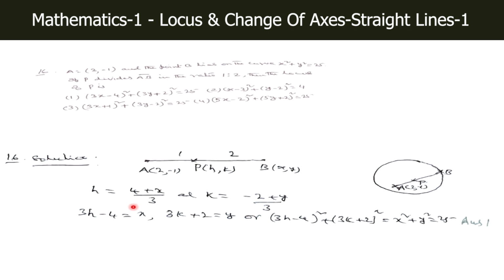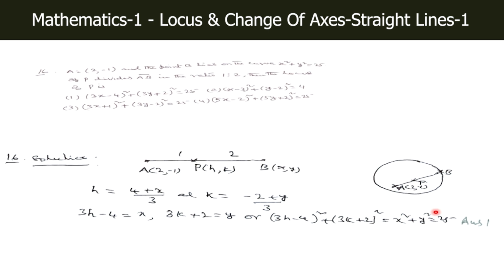So, this shows that 3h minus 4 is equal to x and 3k plus 2 is equal to y, or (3h minus 4) whole square plus (3k plus 2) whole square is equal to x square plus y square, but x square plus y square is equal to 25. You are given that B lies on the circle x square plus y square is equal to 25. So, therefore, the answer